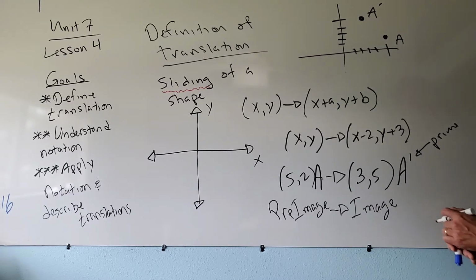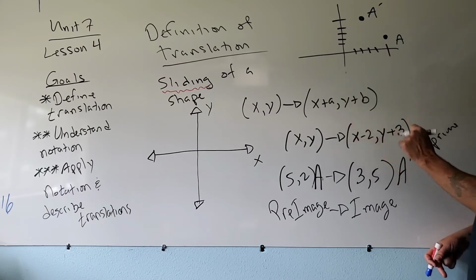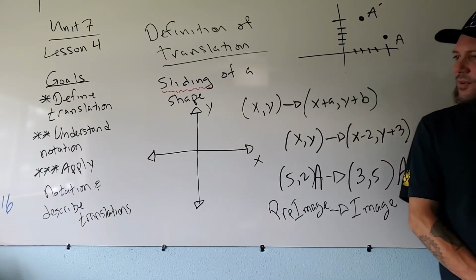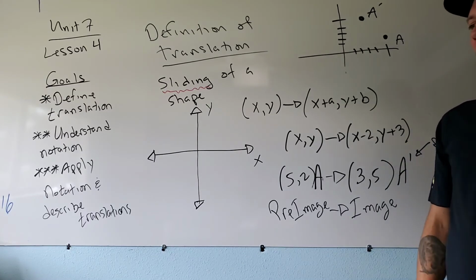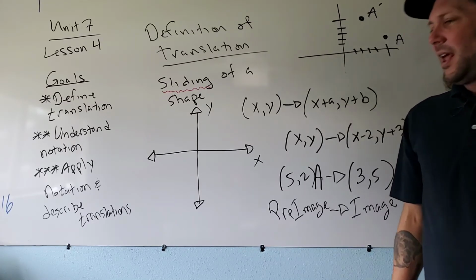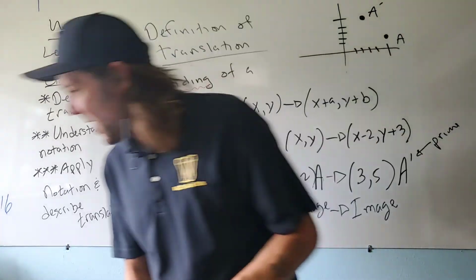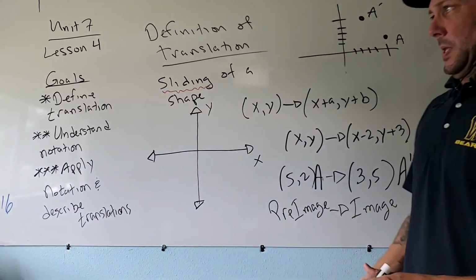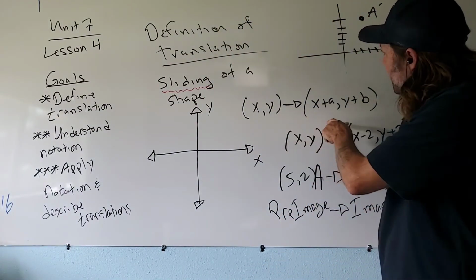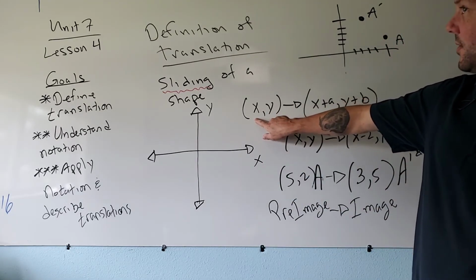So again, we're just moving shapes. Now this is just a point that you're moving. On your homework assignment, you're moving triangles. You're doing 3 specific problems. One thing that you're doing is you're going to have a triangle that's in a starting position. And I'm going to give you a rule. And then what you're going to do to every point on the triangle is you're going to apply the